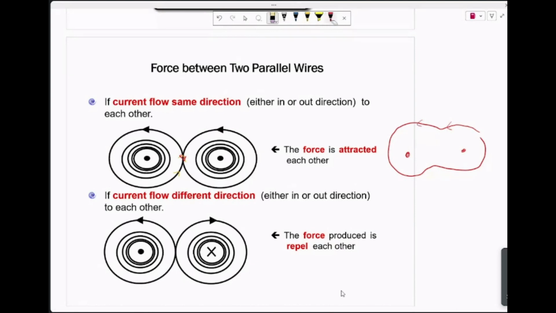Sorry, this one is wrong. Okay, somewhat connected. And you don't have the middle one here. You won't have any magnetic field, because it is already overlapping each other and will cancel each other. It's going to be like this. So if you look at here, you can imagine there's no magnetic field anymore here, but you have